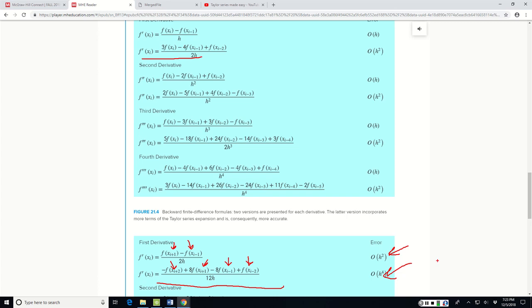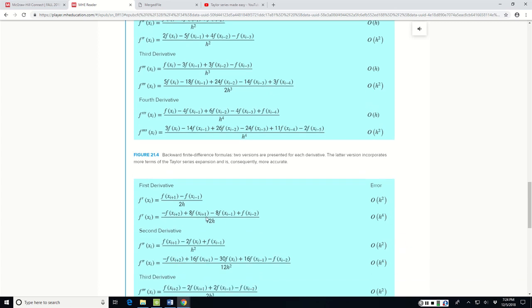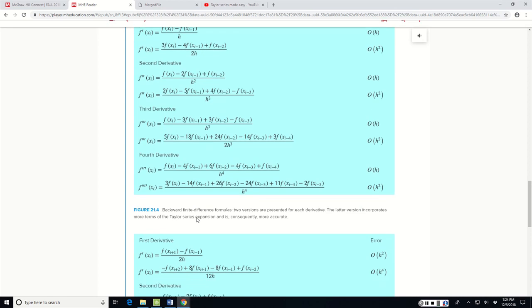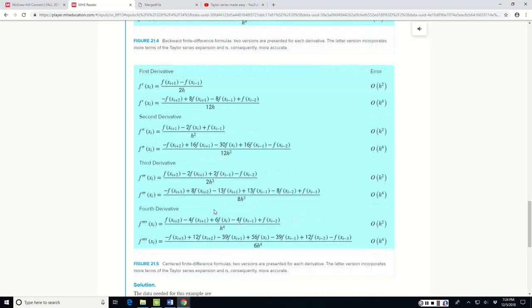So the centered difference formulas are always more attractive, because even though you're using the same number of points, like here you're using 2 points, right? Here you're also using 2 points, but the accuracy is much higher. So same as before,